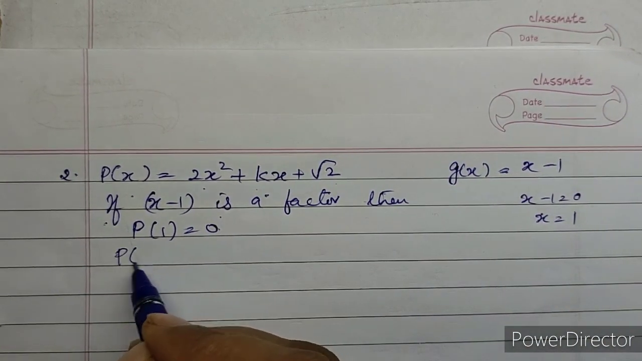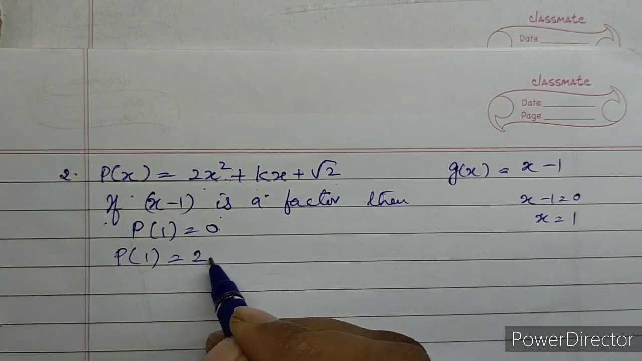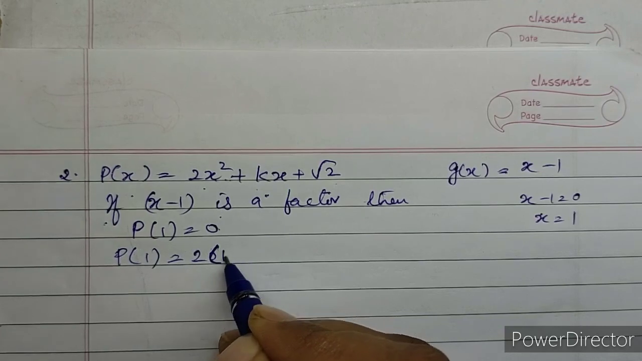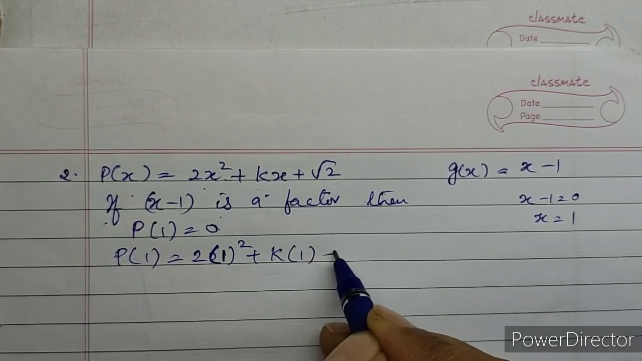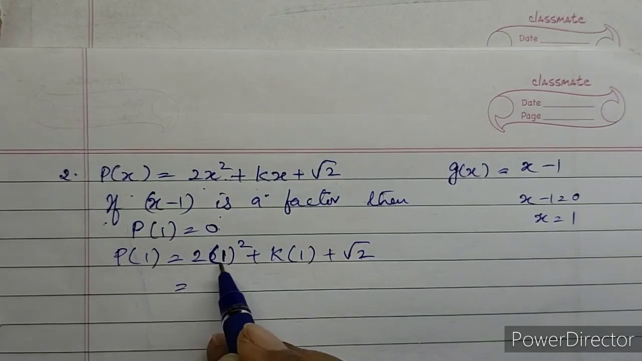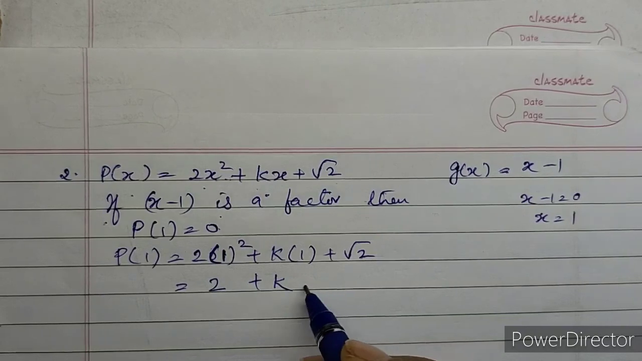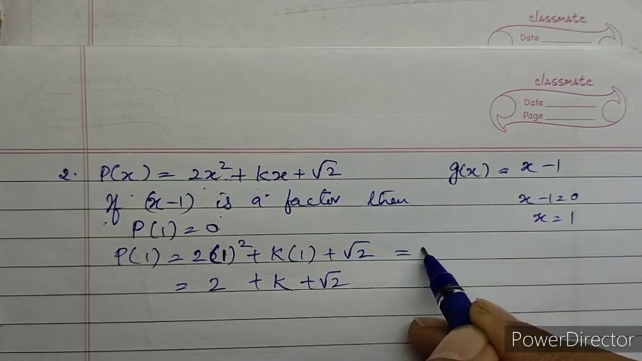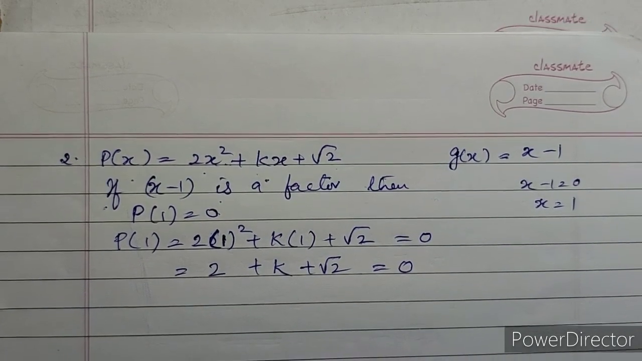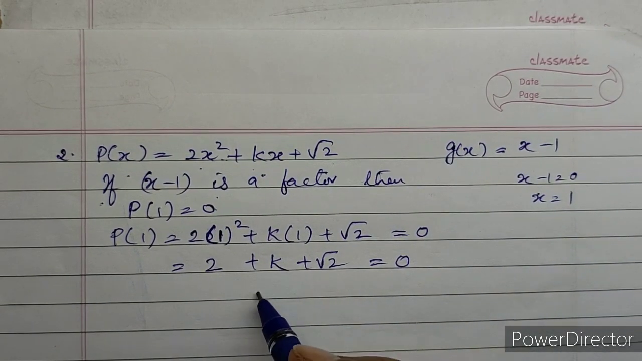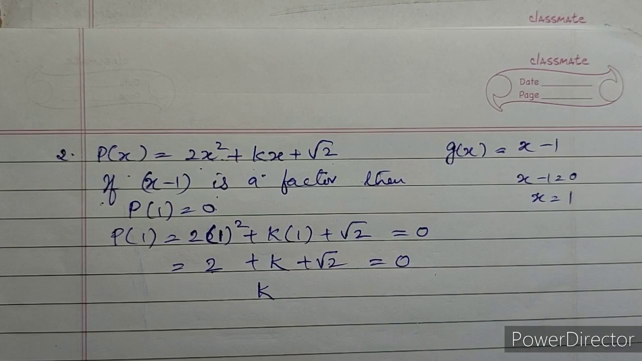So what is p of 1? You have to substitute x value as 1 in this equation. 2x square: 2 into 1 square instead of x, plus k into 1, plus root 2. 2 into 1 square is 2 only, plus k into 1 is k, plus root 2 equals 0. Given that it is a factor, you have to put it equal to 0. So k equals, all this number 2 plus root 2 you have to take to the other side,